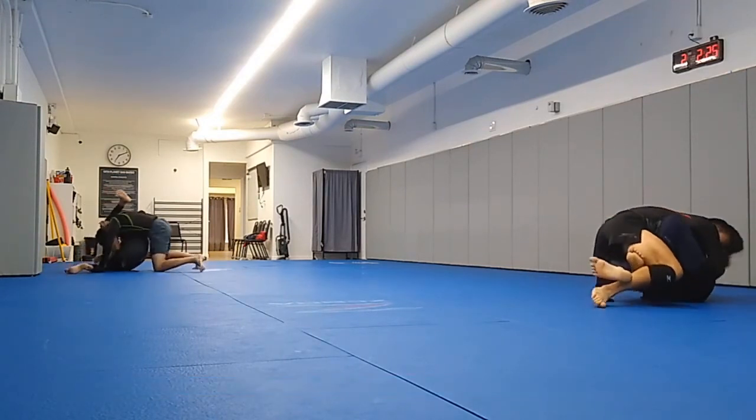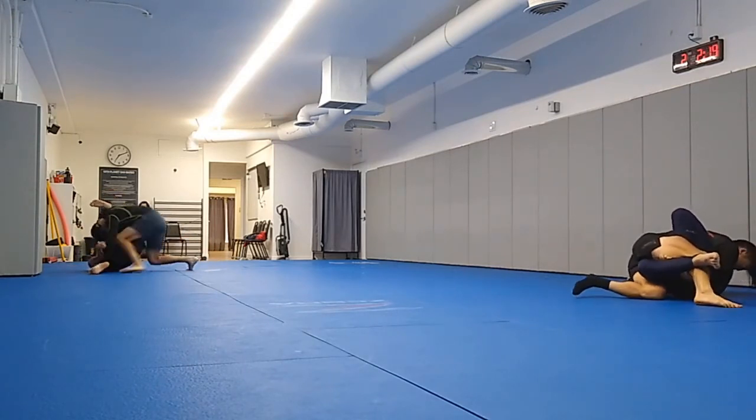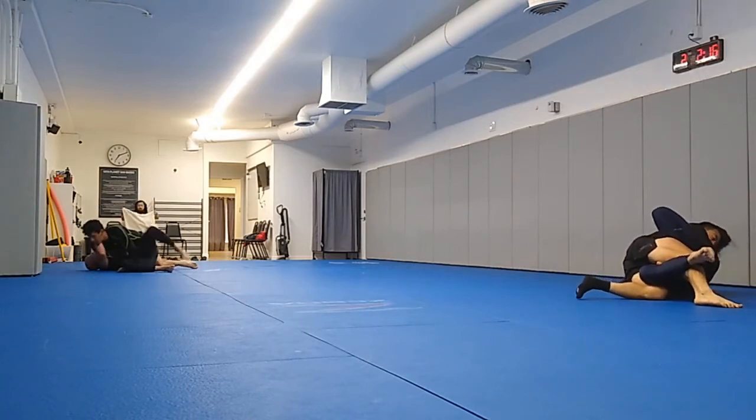So here again, I think we end up in a half guard position, and this time it's on the other side. And the same theme occurs here. Oozie does have a hook on my right leg, and he has a half butterfly. So I need to be careful and make sure that my left leg with the sock is basing out with my toes. So you can see I want to make sure that my left leg isn't just